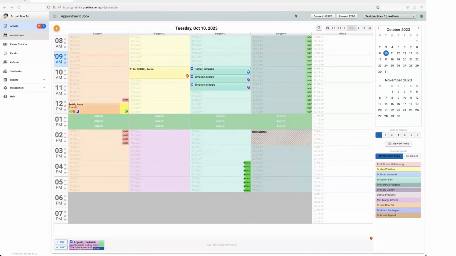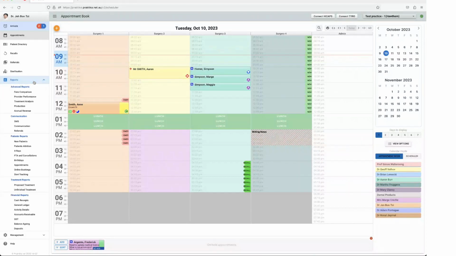In this video, I'm going to show you our reporting section in Praktika. So reports on the left-hand side. Now, our report section is broken into 5 different categories, which we can see here: advance reports, communication, patient reports, treatment reports, and financial reports. The advanced report section up here will only be visible if the user who's logged in has permission to see